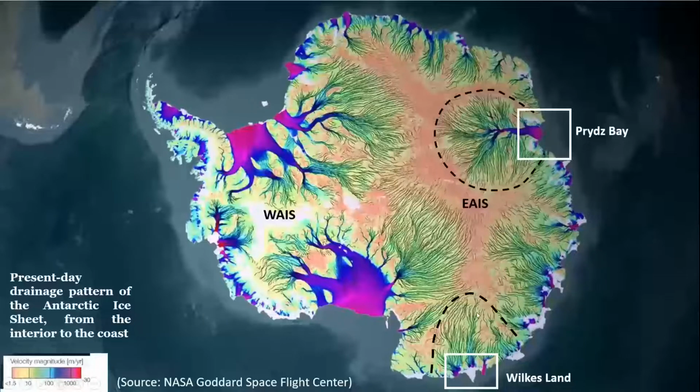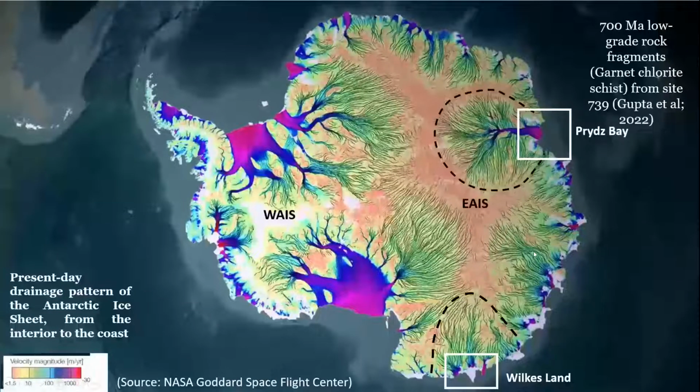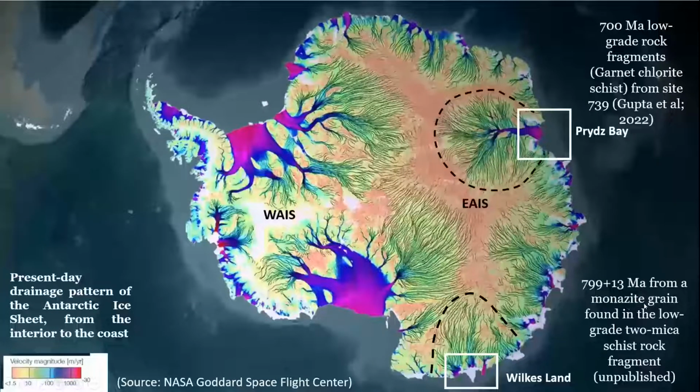And when glaciers move over the bedrock, they erode the bedrock and transport and deposit the material in coastal areas. So both the areas, Prids Bay and Wilkes Land, are receiving sediments from the interior of Antarctica. And we have already worked on heavy minerals and rock fragments of the sediments from the Prids Bay and Wilkes Land, and we found a low-grade metamorphic rock of 700 to 800 million year age from Prids Bay, and a similar low-grade metamorphic rock of about 800 million year age from